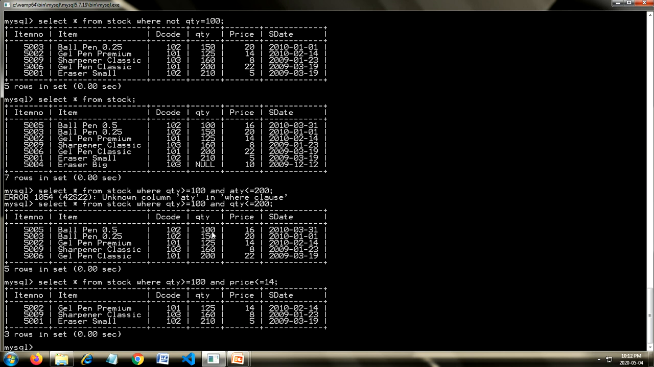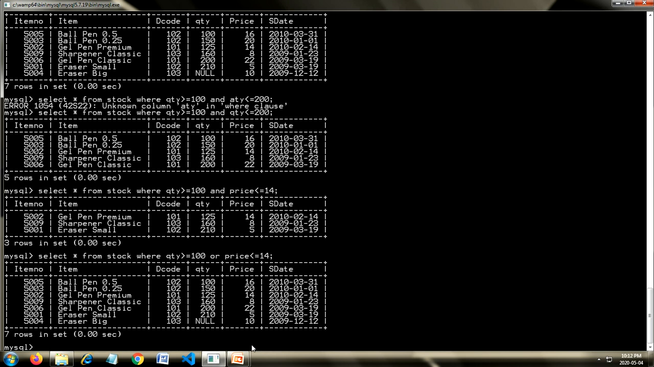In this case, it has not considered this 100 because for this condition is true, but this condition is false because the price is 16. So it will only show you those records for which both the conditions are true. Whereas in OR operator, either of the conditions should be true. So if I write down here OR, so it becomes either the quantity is greater than 100 or the price should be less than 40. So in this case, it will show me all the records